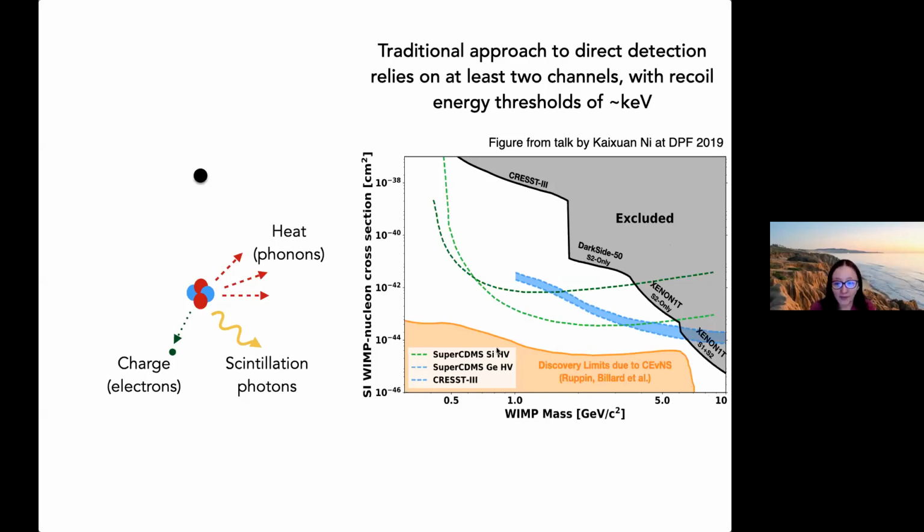But as we see, we have a lot of open parameter space below the GeV scale, and these limits are rapidly becoming much weaker. On the one hand, there is this experimental reason: if you require two of these detection channels, which is of course important for background rejection, right now the thresholds are on the order of keV, and that's going to be difficult